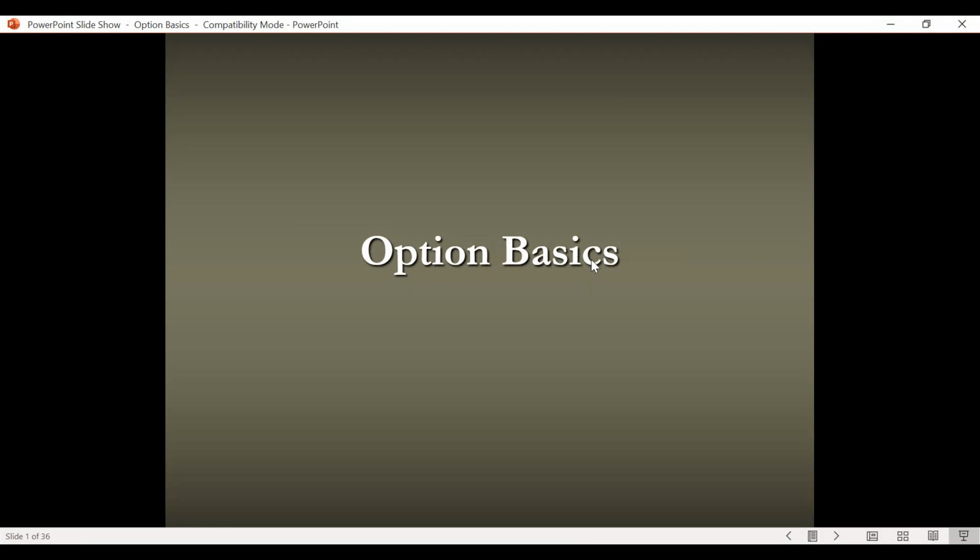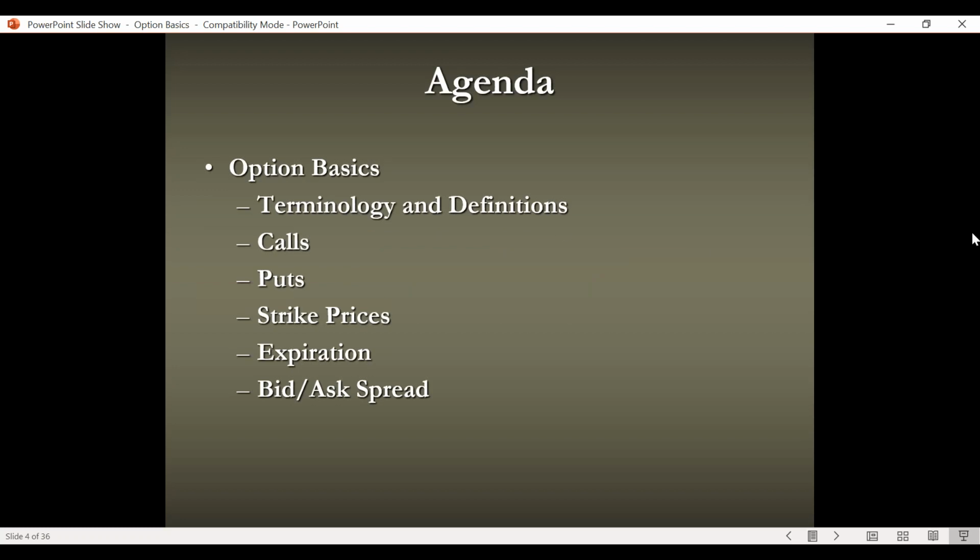Now, there's two parts to understanding how to buy options. That's what we'll focus on at first, and then we can get into selling, being an option seller. We're going to go over the terminology and definitions in the early part. In fact, today I'm really only going to be able to get to the example. I was hoping to get half of these done, but I'll probably only get to the example of how an option works. That's probably all we'll have time for today.